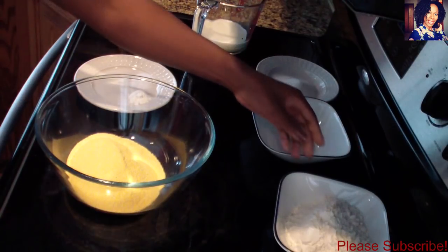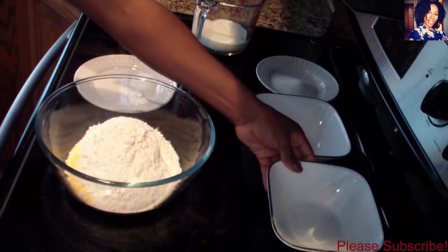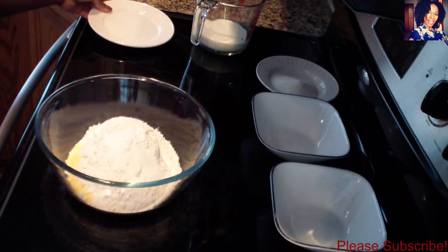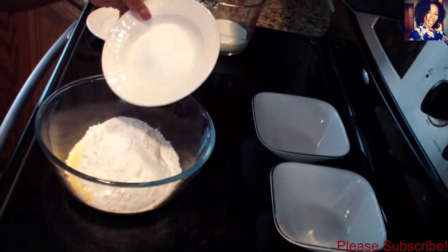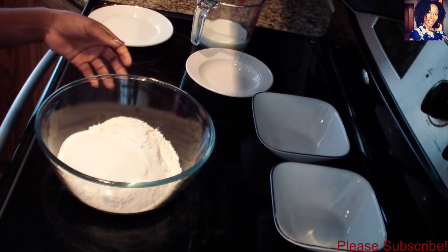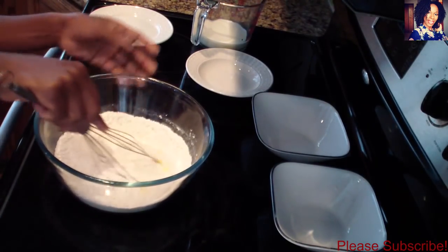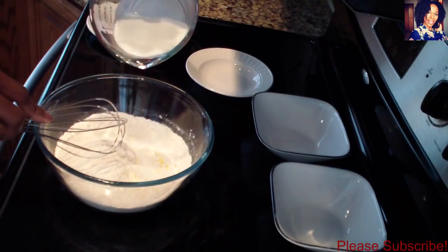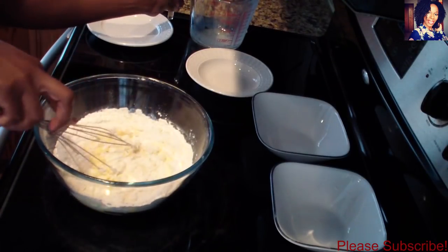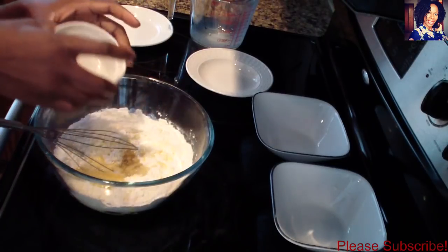So now I'm going to take all the dry ingredients and just put them in one bowl. Just all the dry ones, just like so, and then just kind of mix everything together. Now I'm going to take my milk and pour it in, and now take my oil, put that in as well,